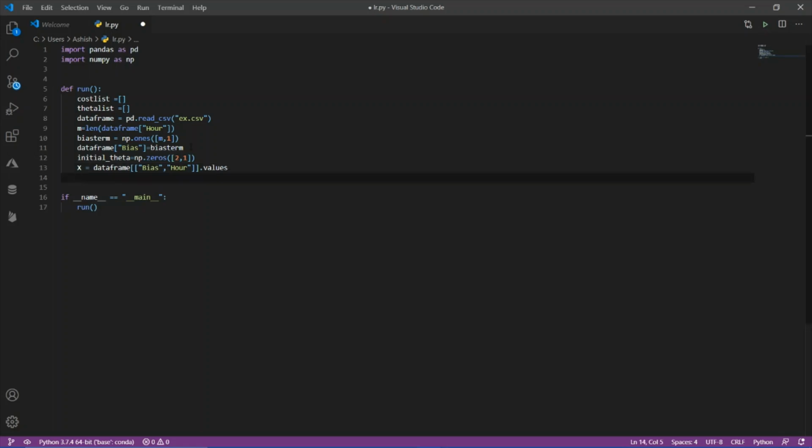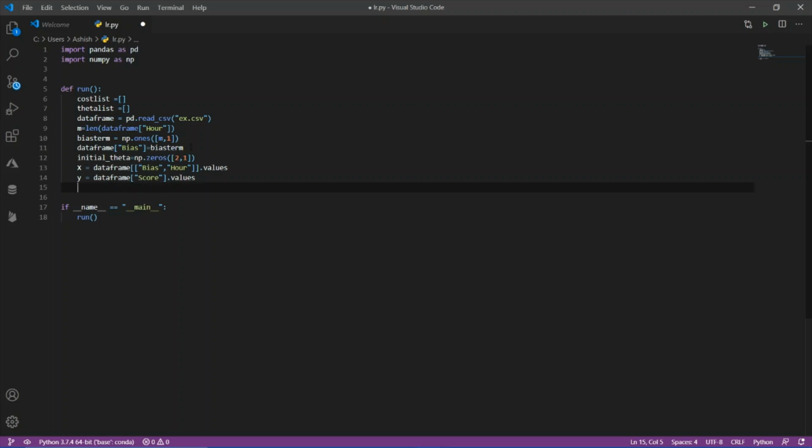Similarly, let's convert our y variable also. y is the target variable, from the data frame, and y equals to that dot values. Okay, now here you can check that the dimension of x will be m into 2.